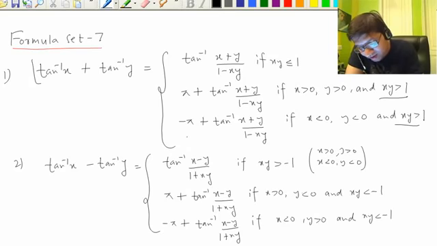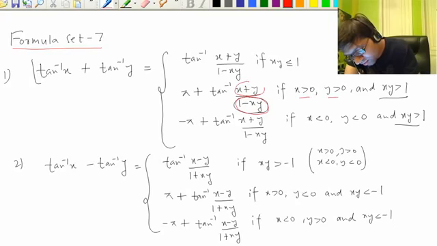And you can just see why it is so. Same logic I have given you. When xy is greater than 1, this is negative. And when x and y are both positive, this is positive. So this time the denominator is negative, the numerator is positive. Denominator negative, numerator positive. Taking tan inverse of this, it lies between minus pi by 2 and 0.